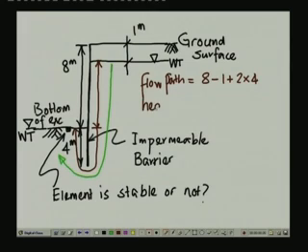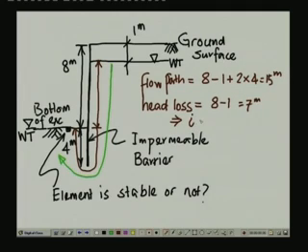Head loss for this particular configuration is 8 meters minus 1 meter, so that is equal to 7 meters, and when you work out the flow path, it is going to be 7 plus 8, that is 15 meters. So thereby we get hydraulic gradient i to be equal to 7 over 15,